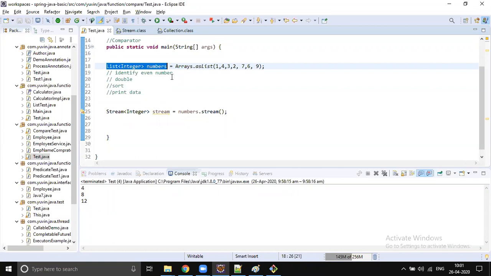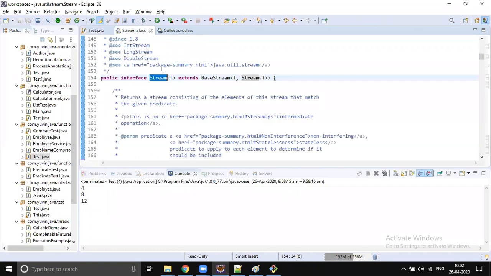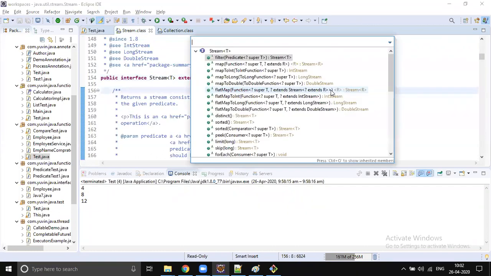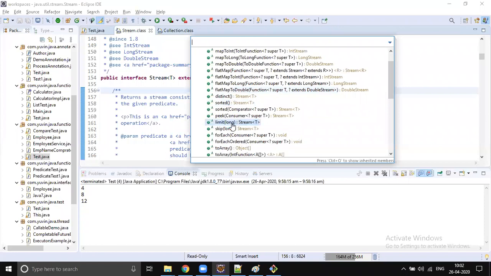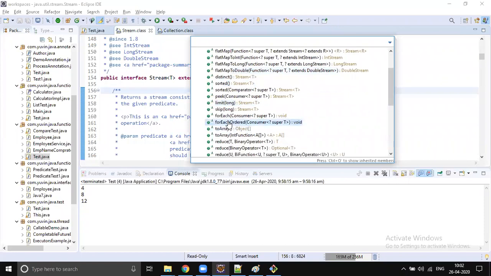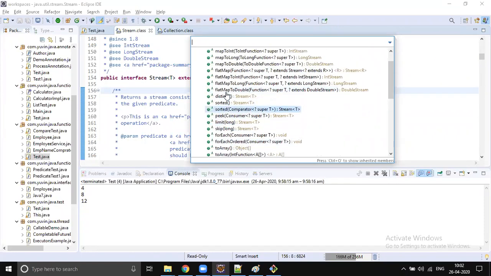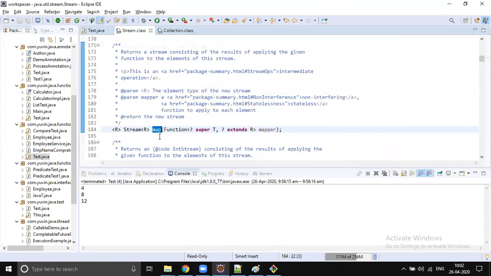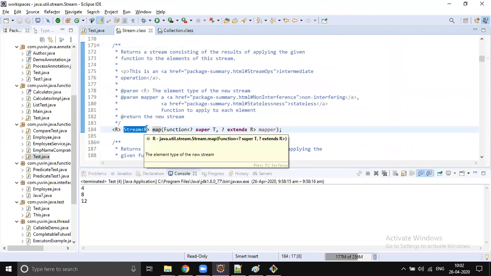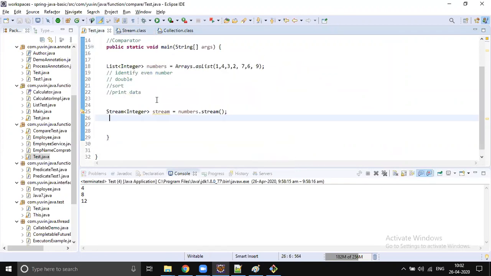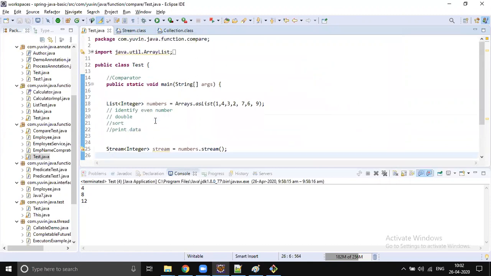So any method you call on a stream, you will get a new stream object, right? Just go and see the methods which are present inside the stream, right? For example, a very simple example which we already saw, or let's go to map, right? Yeah, so you get a new object. Why do you get a new object all the time whenever you are playing with the stream? Because stream will not hold any data. Stream will never hold any data.